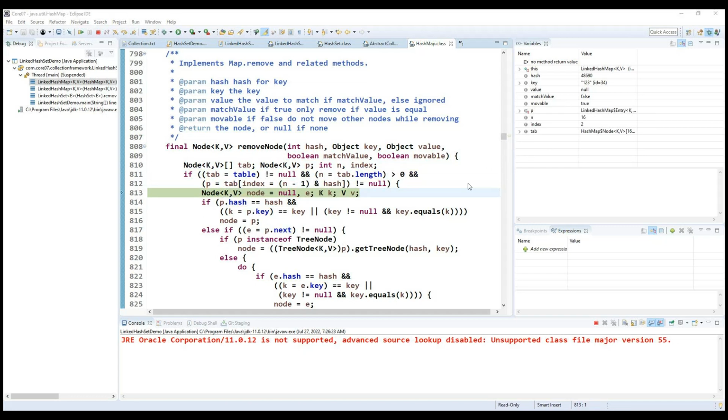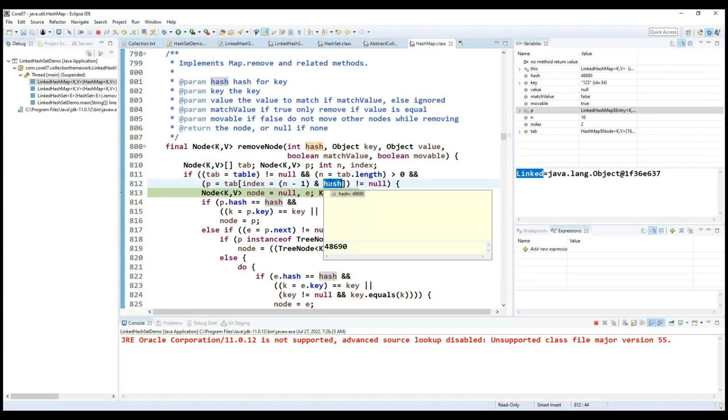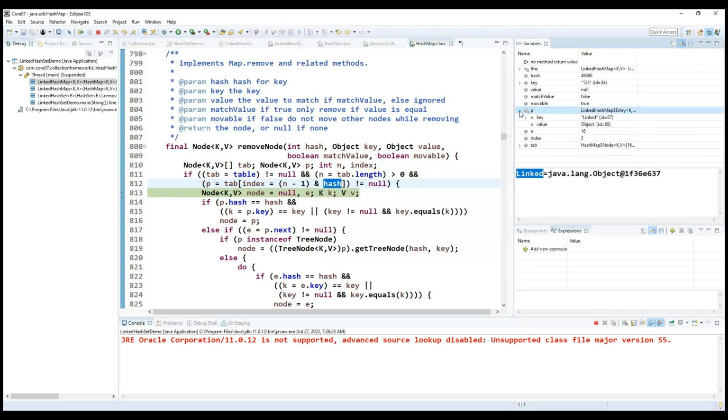And what is the P record we are having here? Here we are getting linked. Why are we getting this linked? Because based on this particular hash code 48 to 690, we identify the index here. What is the index we are having? 2. So inside this second index, what object resides here? Something like a linked object here. This is important. So once we identified this,